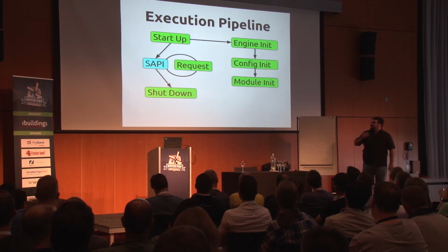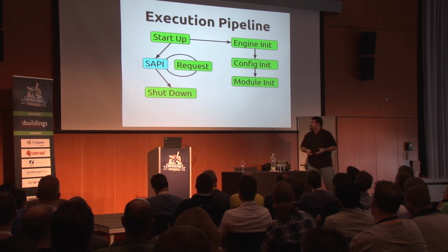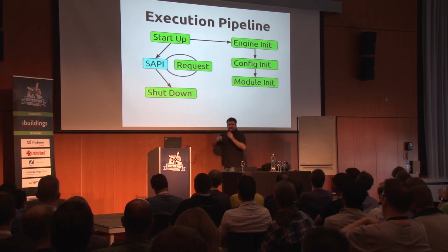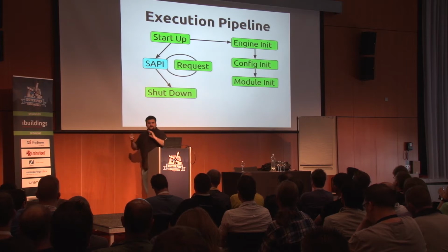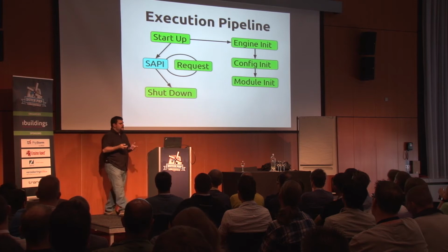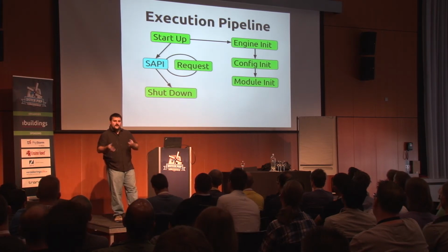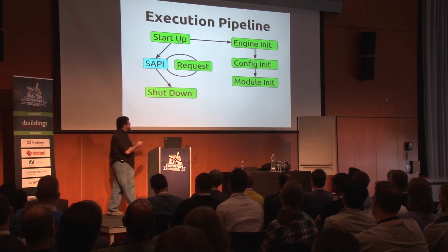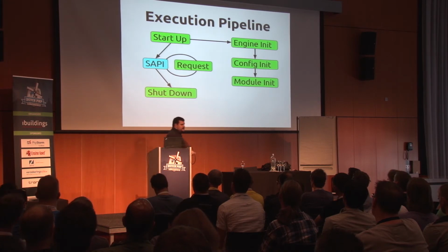So let's talk about startup for a second. There are really three main phases when we start up the PHP engine. We have to initialize the engine, which basically means allocating a bunch of memory. It has a bunch of global variables that it needs to set up. Yes, there are global variables everywhere. It's horrific. So we have to initialize the engine, get the engine working. Then we have to read our PHP INI files and do all that fun jazz, and basically this whole step is a nightmare. But we'll ignore that for a second.